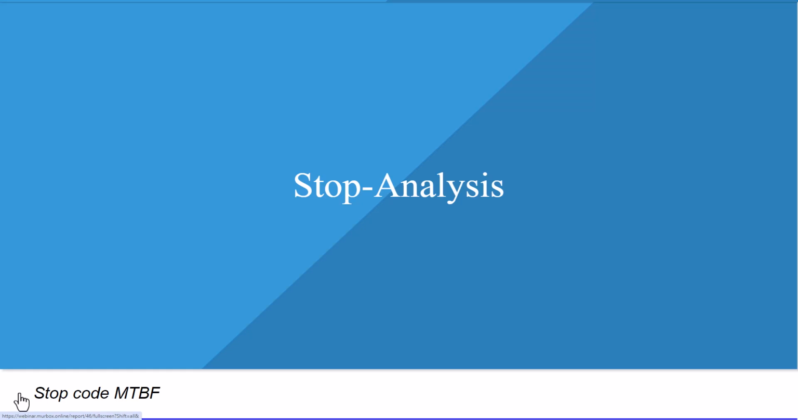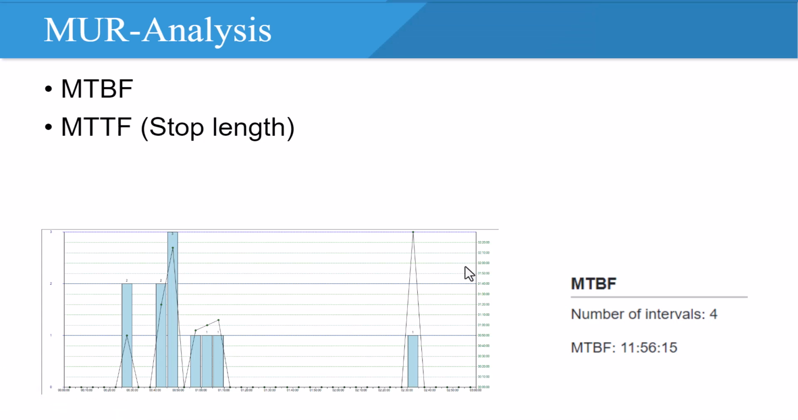One last report tool is MUR analysis, which is used to analyze individual stops. And we have two main parts we're looking at here. They are MTBF, which stands for mean time between failure. That's when you measure how often a type of stop or problem occurs, how much time is spent from one to the next on average. And the other value we can look at is the mean time to failure, or in other words, the length of each stop. And for the mean time to failure, when we're looking at stop length, for example,